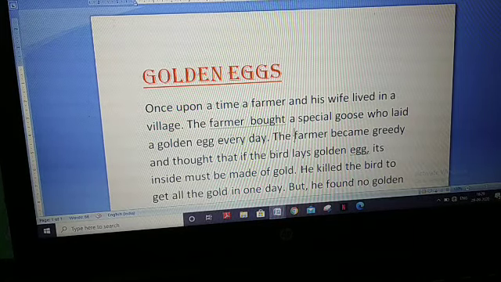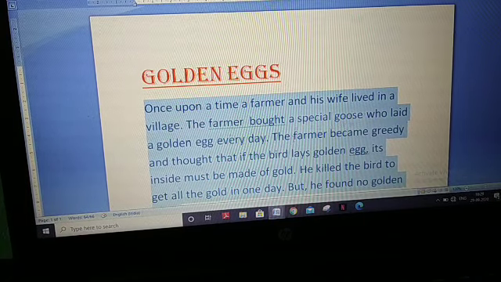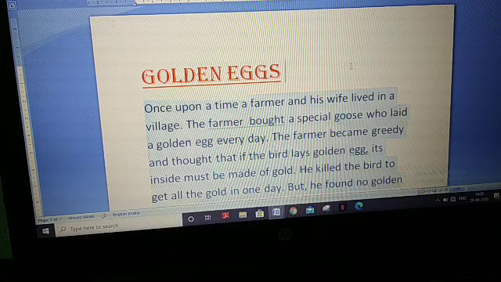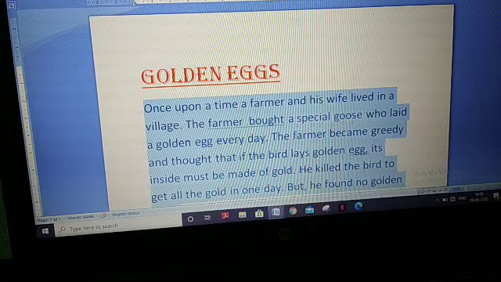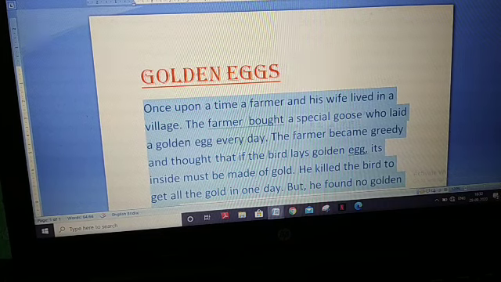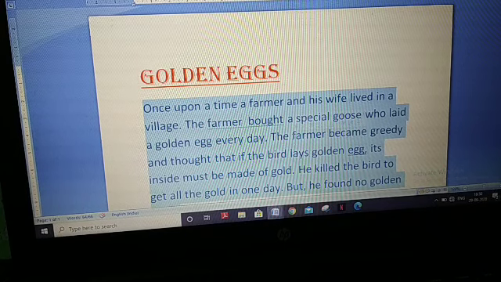Understood? See again. Double click selects word and thrice if you press, then whole paragraph will be selected.